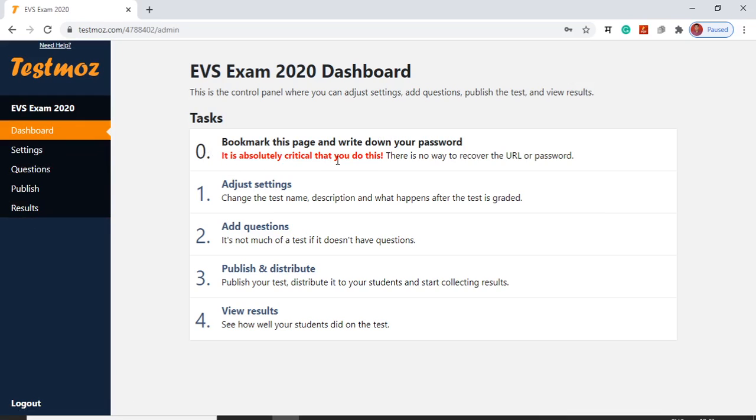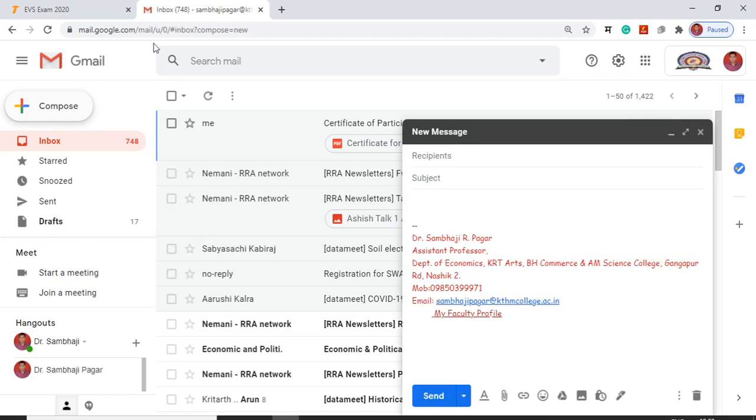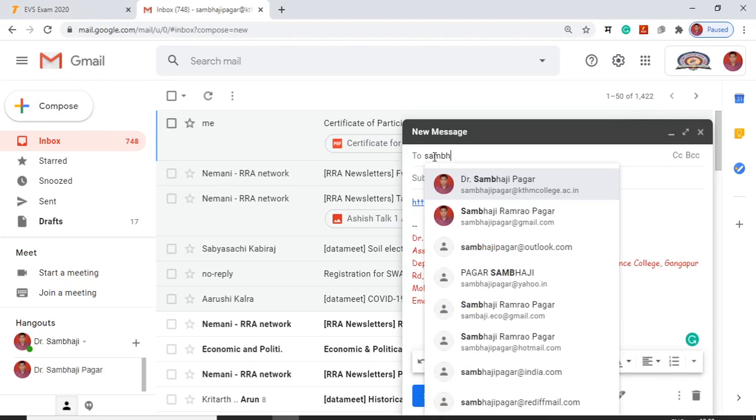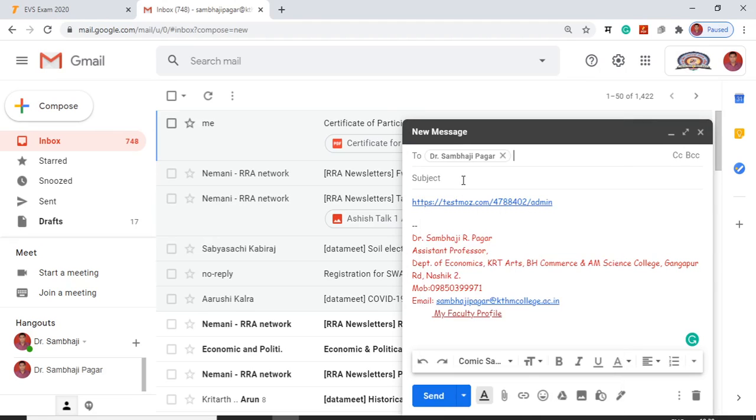It is absolutely critical that you do this. There is no way to recover the URL or password, so we will note down this URL and we will remember this password. We will bookmark this page. So we can copy this URL and paste it somewhere, so we can access this test later on. So I am sending a mail to myself with this URL.